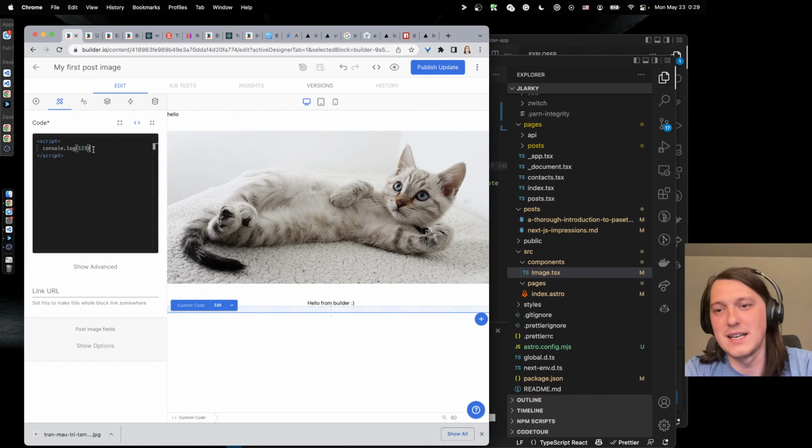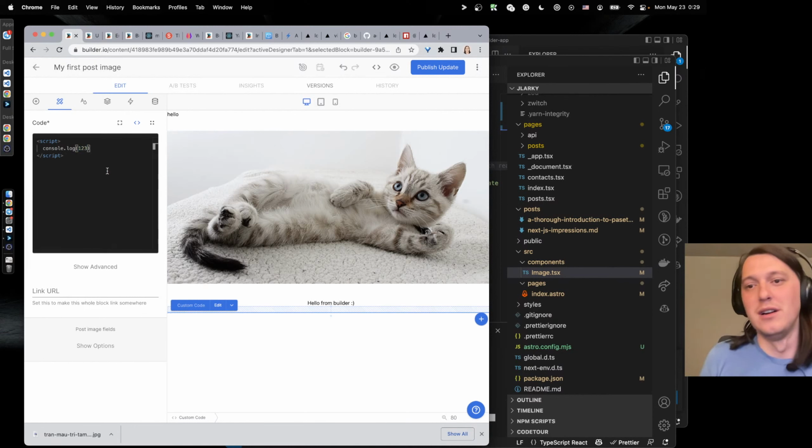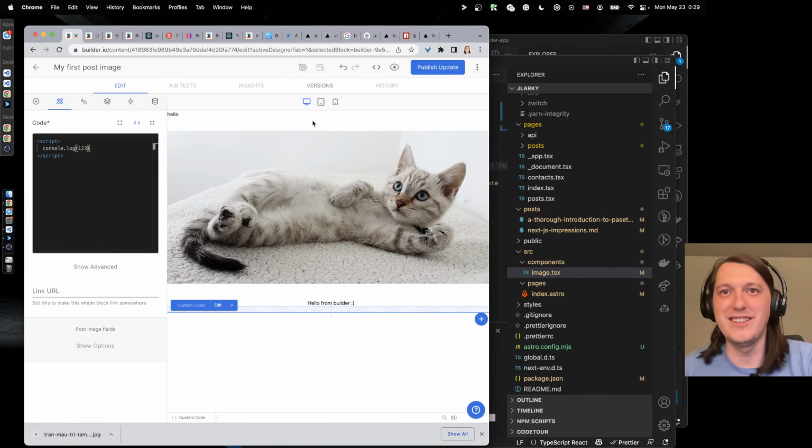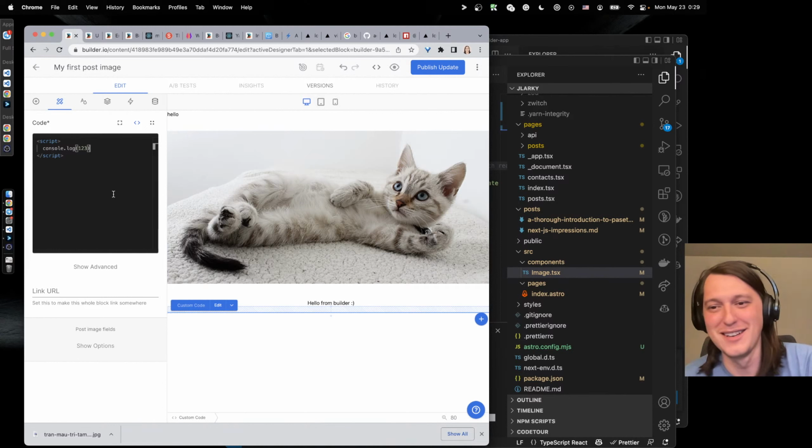I can read document cookie or local storage or whatever, and I just create a preview URL and ask my boss, yeah, please run this code.